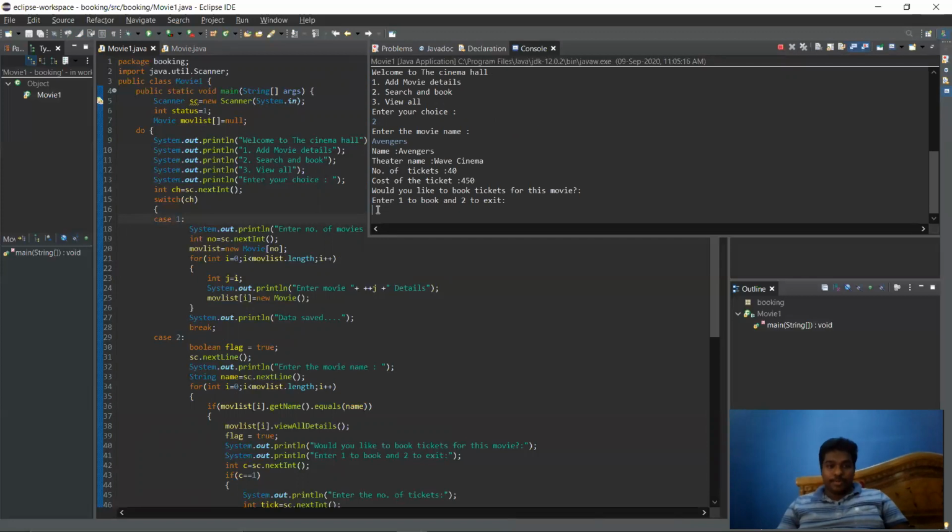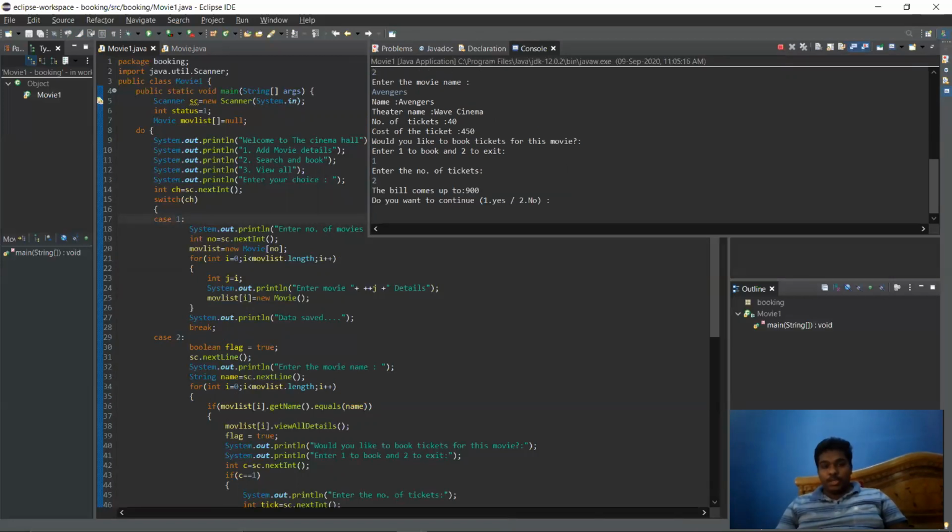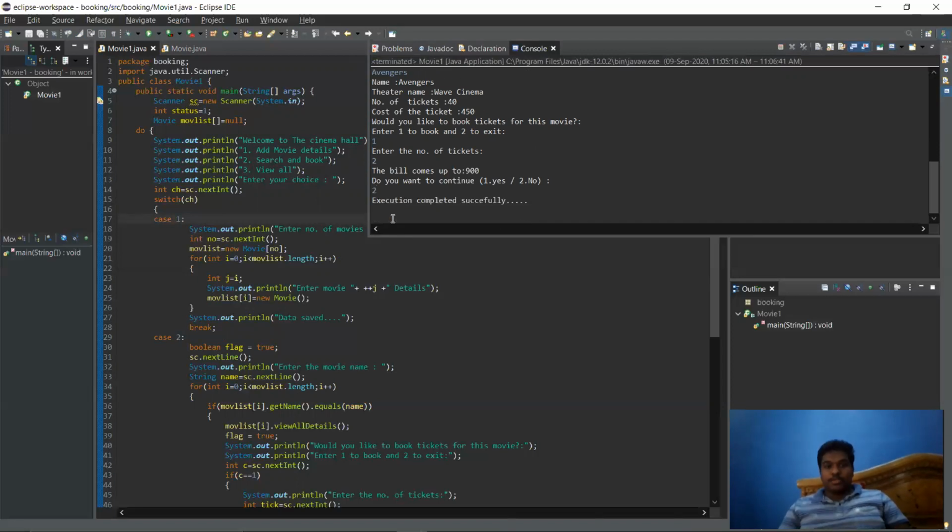Let's see, for pressing 1, enter the number of tickets you want, like 2. So 450 into 2, you want to buy 2 tickets, so 450 into 2 is 900. So you can see the bill comes up to be 900. If you want to exit, then 2, execution completed.